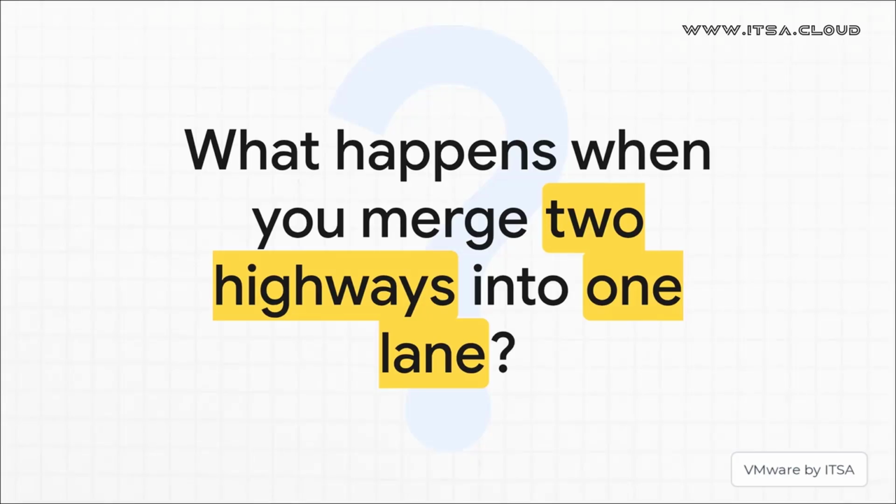And I'll leave you with this last thought to chew on. If your critical system traffic, your management, your vMotion is like an ambulance with its sirens on, and your regular VM traffic is just rush hour commuter cars, what happens when you force all of them onto a single-lane road? Yeah, you get chaos. You get traffic jams, unpredictable performance, and honestly, some pretty big security risks. Building those separate highways isn't just a good idea,